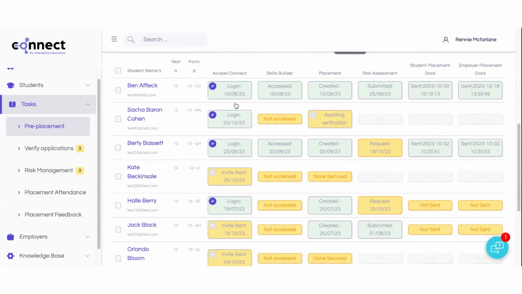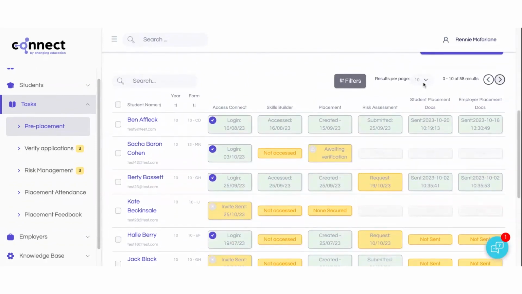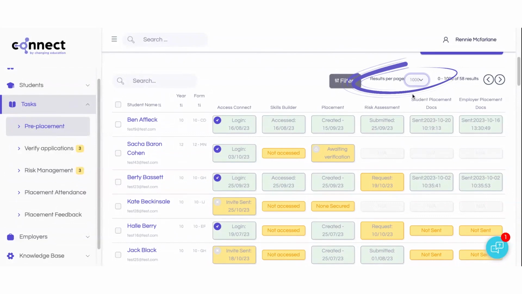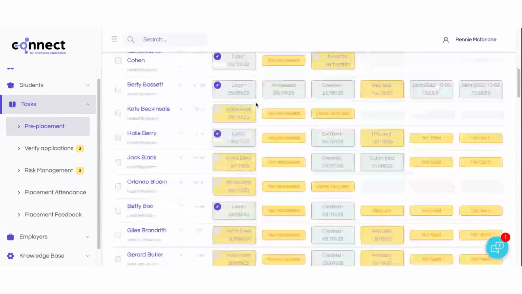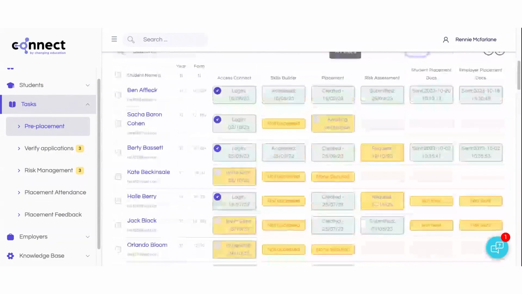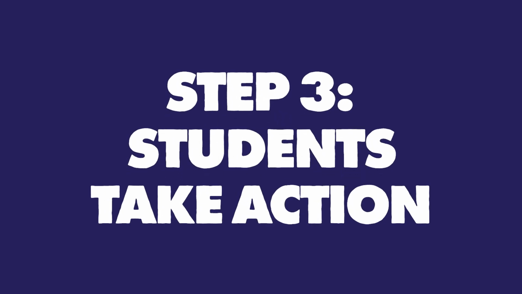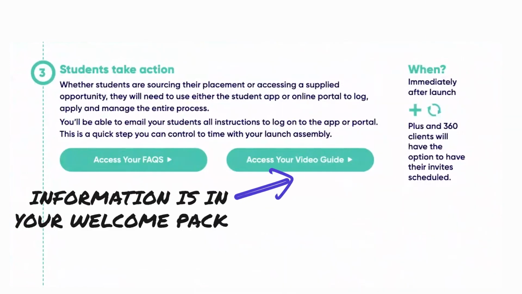Here will be displayed the actions that have been taken in green, and anything that is yet to be actioned will show in orange on your screen. The best way to work through this is to make sure that you've selected 1,000 rows to include all the students, and we'll be able to work our way through from the delivery model. Step 3, students take action. So within the system,